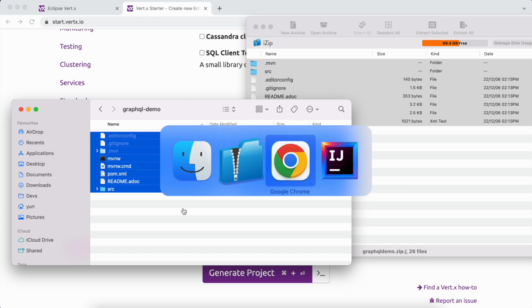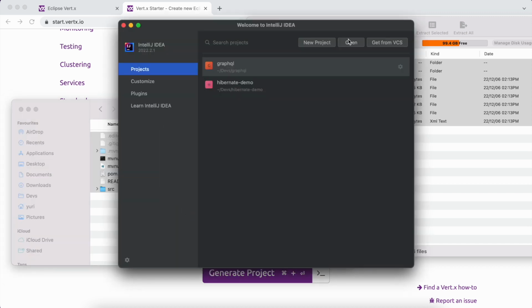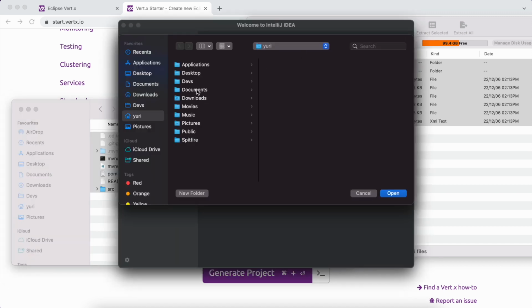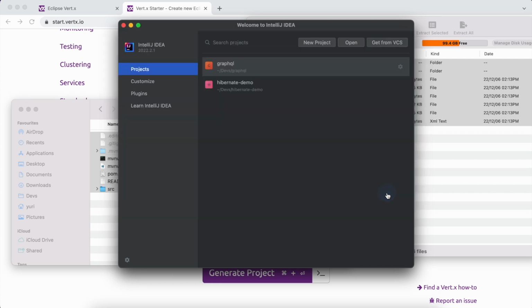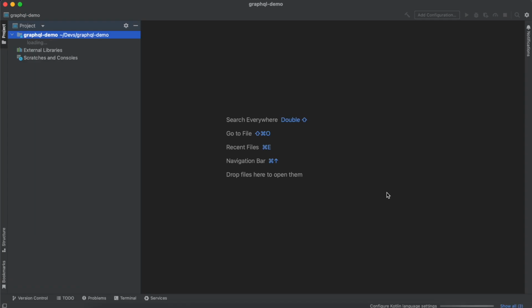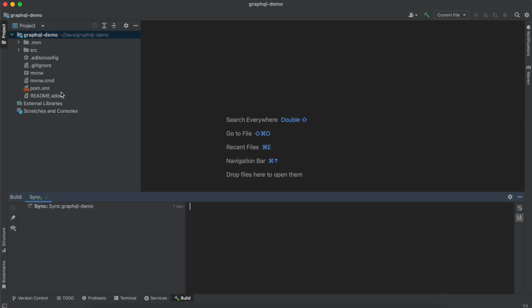And let me now select my IDE and let's open this project. So it is in the devs, GraphQL demo, so this project. And let's import it to my IDE. So this is basically all what we need from the Java side, but we also, as we will create client tests